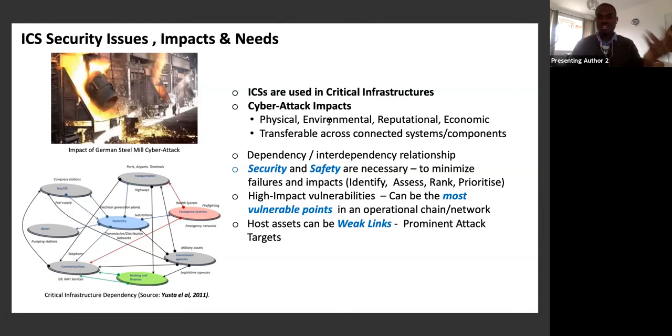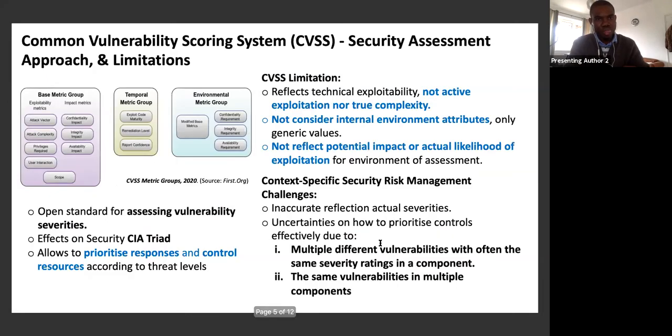In security, there is this very popular saying that the security of a system is only as strong as its weakest link. So if you find the weakest link, then you're able to exploit it, and you're able to exert a maximum level of attack within the system. Going forward, typically in most systems and in the industry, one of the ways that